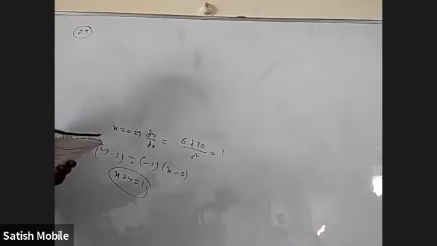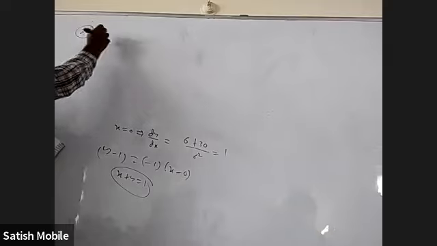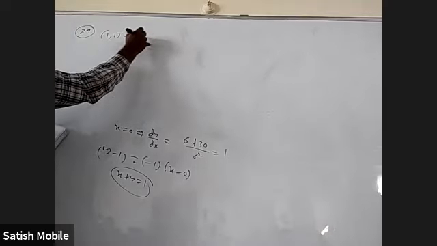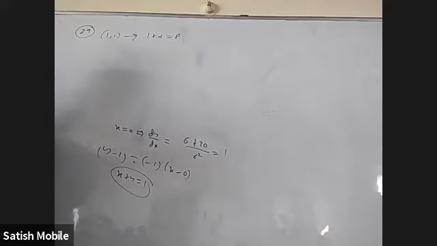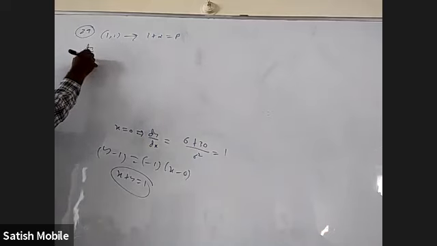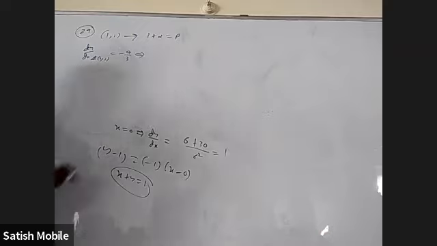Okay, 29, you have to find alpha and beta. Further, they gave two things. One is 1 comma 1 satisfies this. From that, I'll get 1 plus alpha equal to beta. Second one is the tangent slope. Tangent equation is 4x plus 3y equal to 7, which means tangent slope is minus 4 by 3. So dy by dx at 1 comma 1 should be minus 4 by 3.